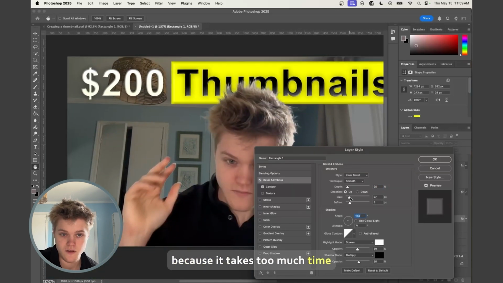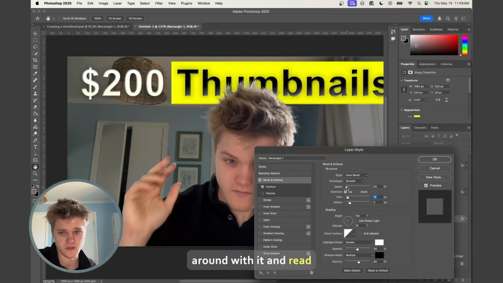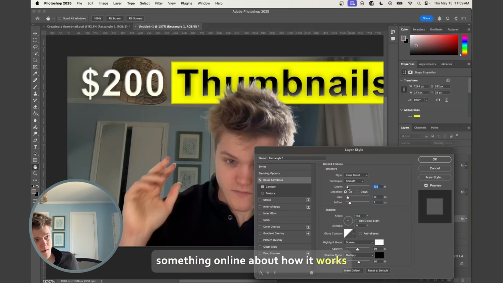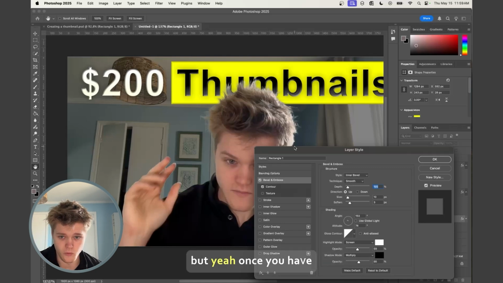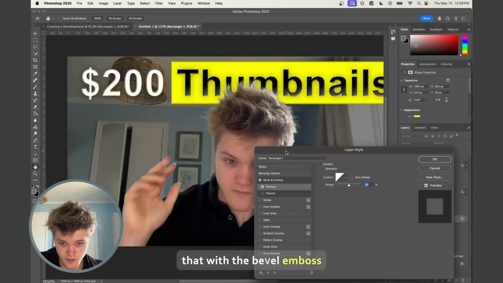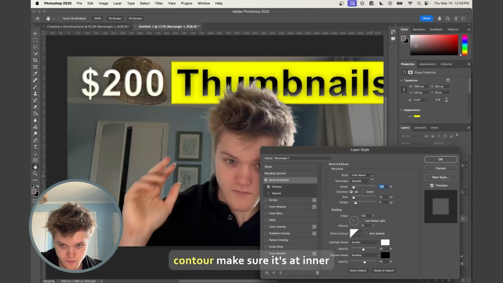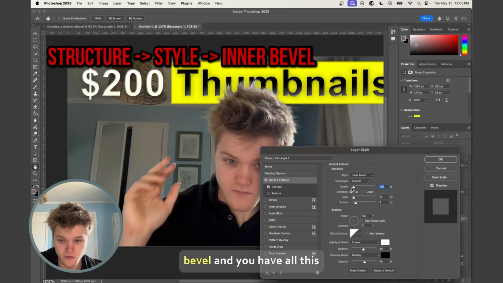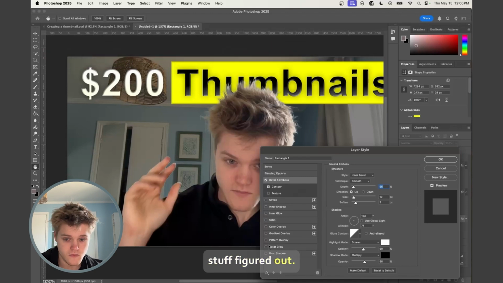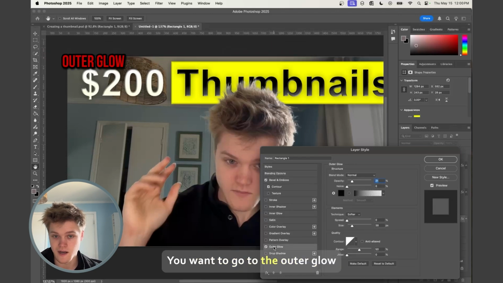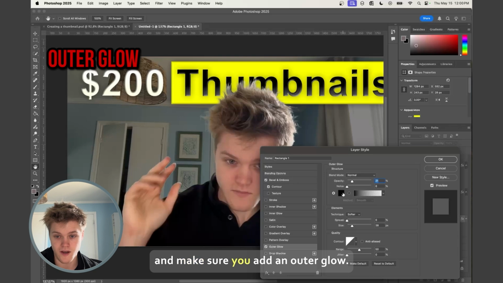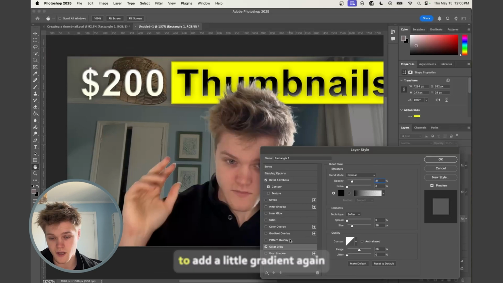takes too much time, but you can just play around with it and read something online about how it works. But yeah, once you have that with the bevel, emboss, contour, make sure it's at inner bevel, and you have all this stuff figured out. You want to go to the outer glow and make sure you add an outer glow. What you also want to do is add a